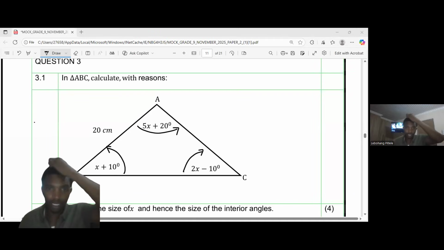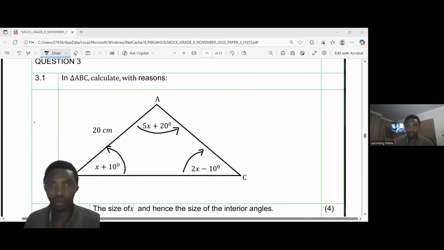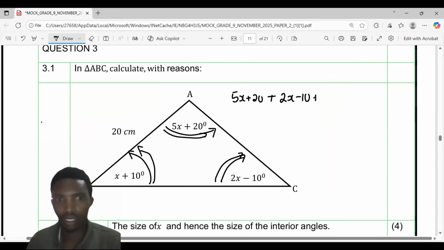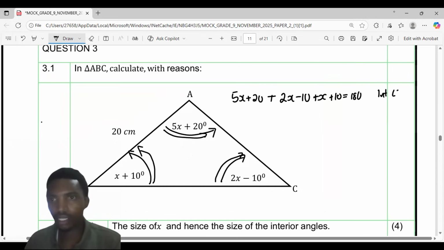When we add all these angles, that should give us 180, right? So the first one is 5x plus 20. Then I'm going to have plus the second rotation, which is 2x minus 10. And then the third rotation is plus x plus 10. They're equal to 180, because they are the sum of the interior angles of a